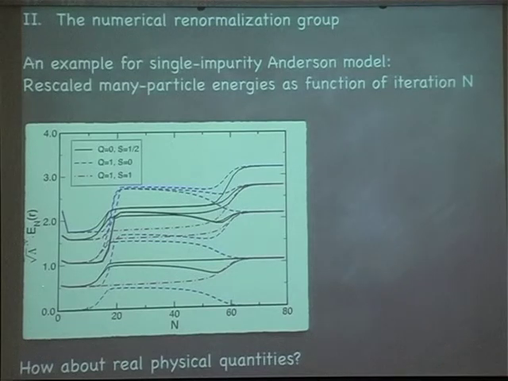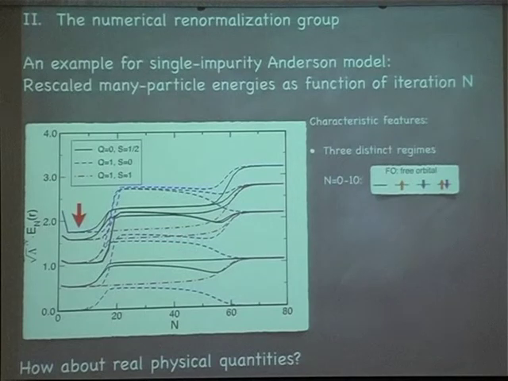And what you see here, if you go along these iterations, there are regions where things stay rather constant. So the levels don't change dramatically. Then there are regions where it crosses over into a different regime. Again, the levels stay more or less constant. And finally, at large energies, everything becomes constant, nothing changes anymore. So you can actually now find in this type of calculation 3 different regimes. This was half filling. So this was the half filling case, particle symmetric model. So you find 3 distinct regimes. The first one is that.